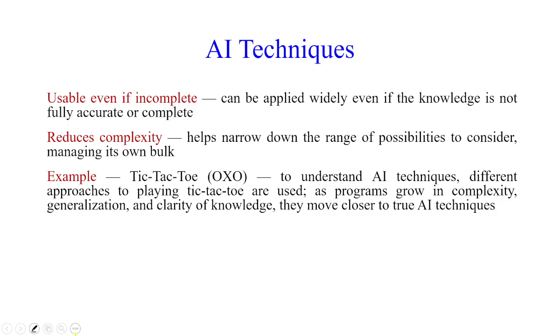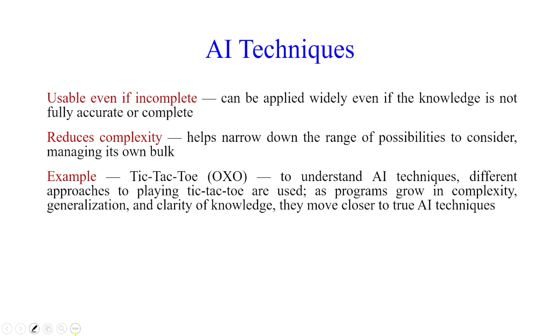So also we saw that it is usable even if the knowledge is incomplete or inaccurate, so that it reduces the complexity and helps to narrow down the range of possibilities. So the famous example is the tic-tac-toe example. Simple game. Okay, so to understand the AI techniques,